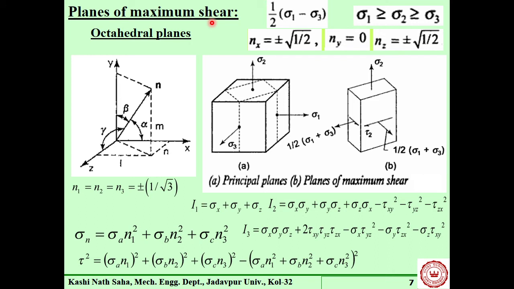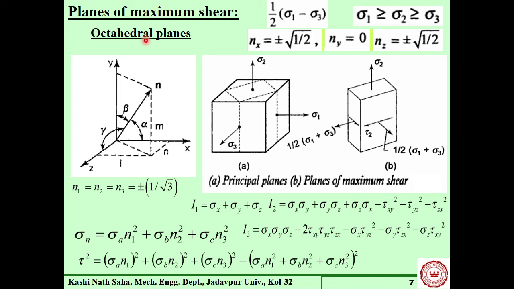Why is this important? Because many a time we use maximum shear stress as the criterion of failure. In that case, these sigma 1, sigma 2, sigma 3 values are not of concern to us. We know that failure will occur due to maximum shear stress, and where it will occur, in the octahedral plane, and then we have to give our dimensions accordingly so that the induced stresses are reduced there.